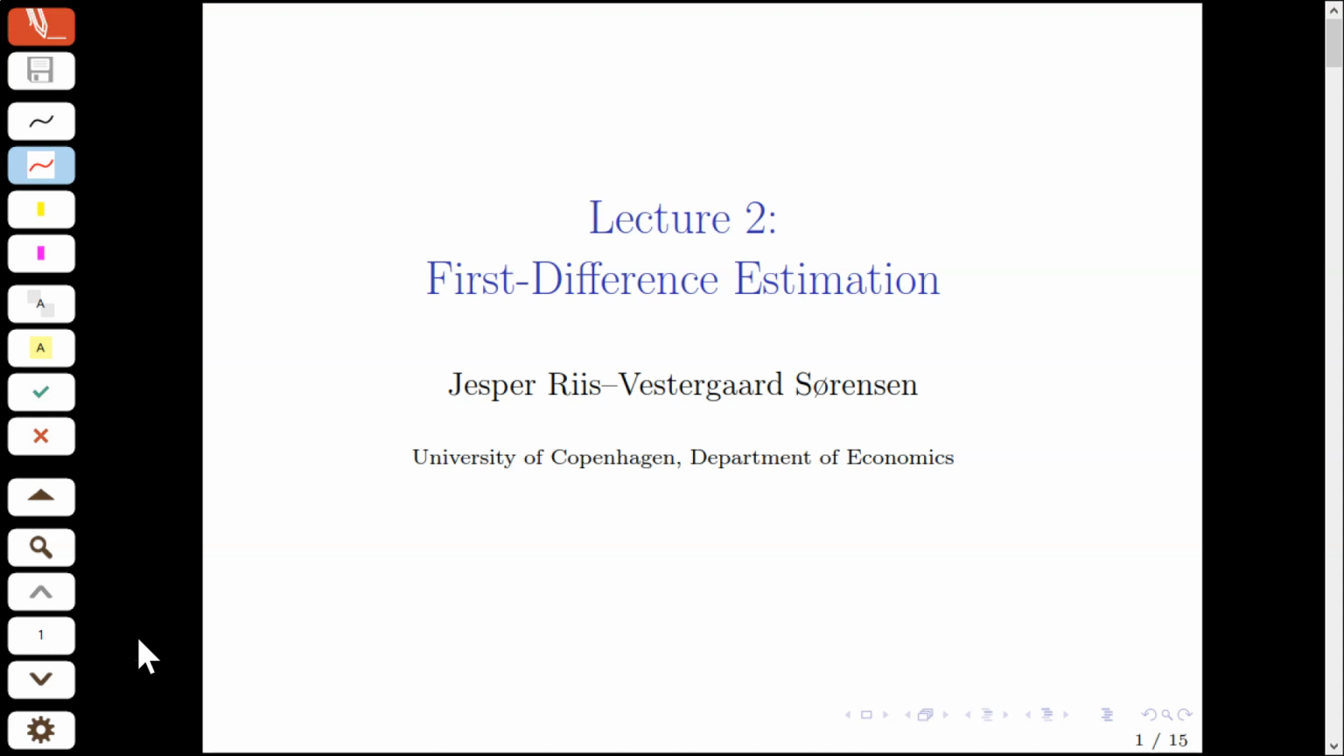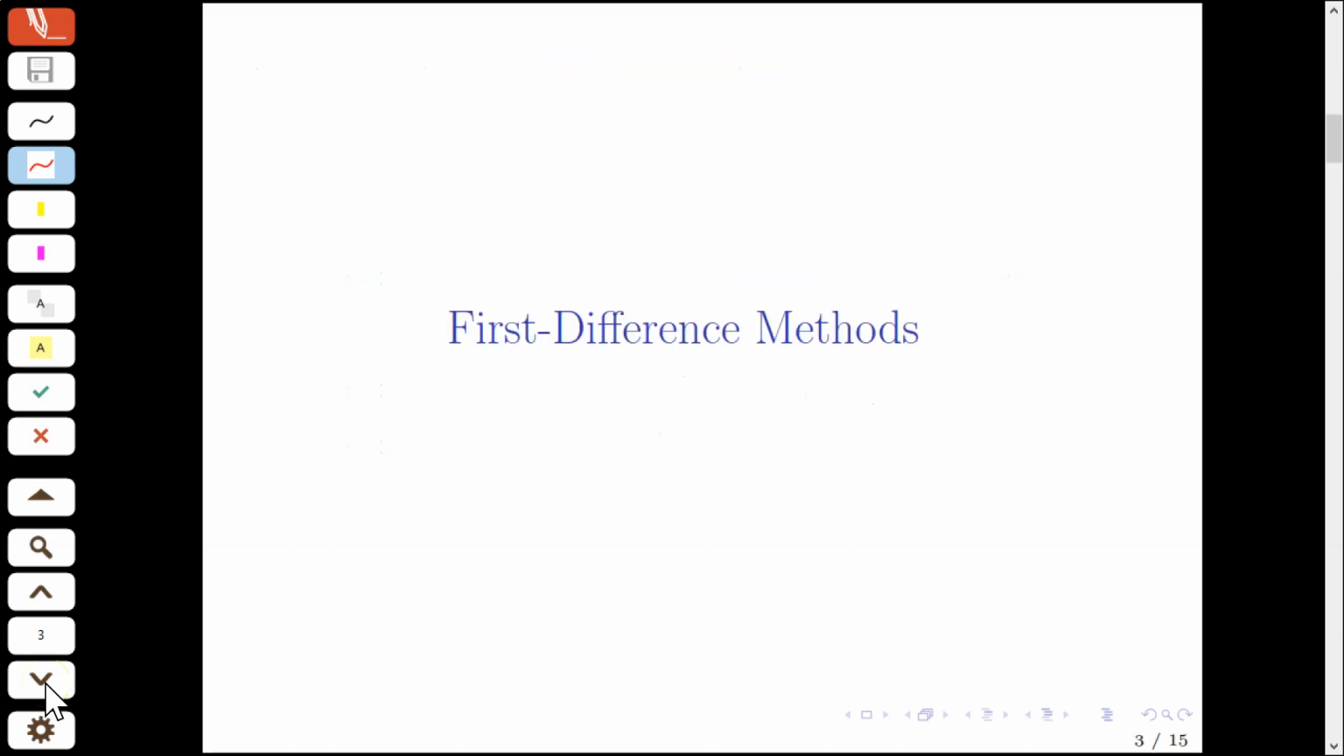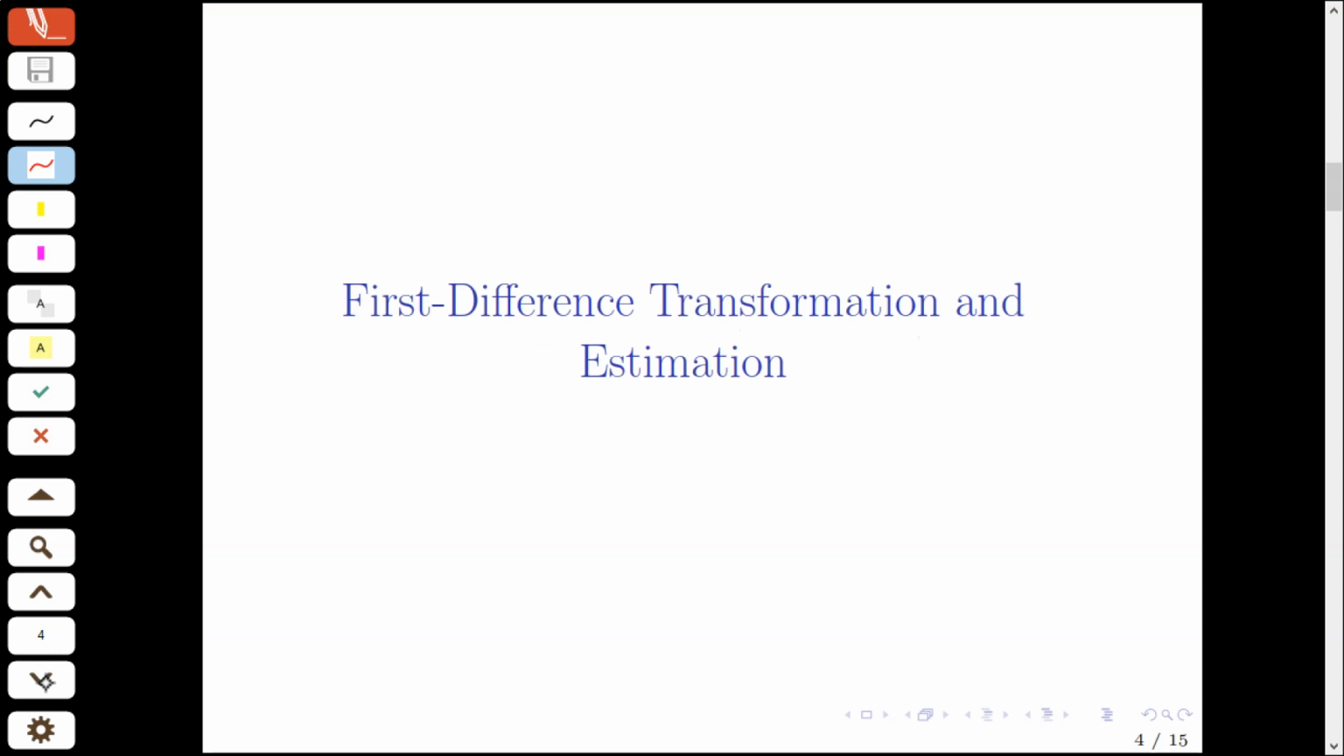In this video, we continue our treatment of the linear unobserved effects model for panel data, this time around discussing the first difference method of estimation. So let's discuss first difference methods, starting with the first difference transformation, which will lead us into the first difference